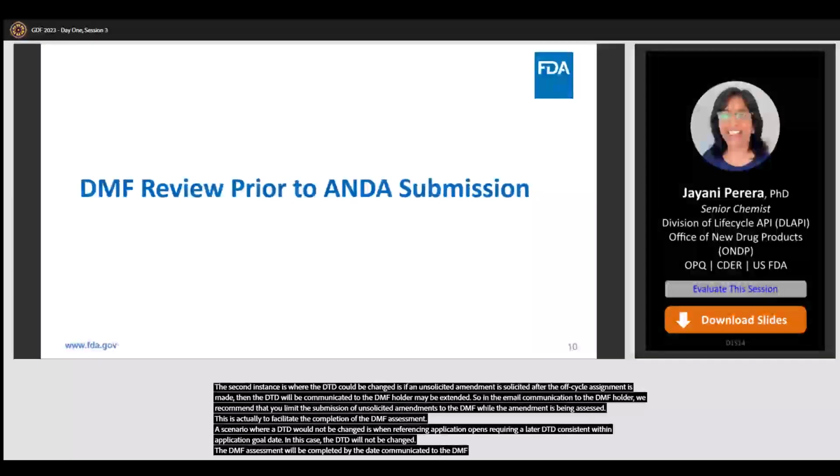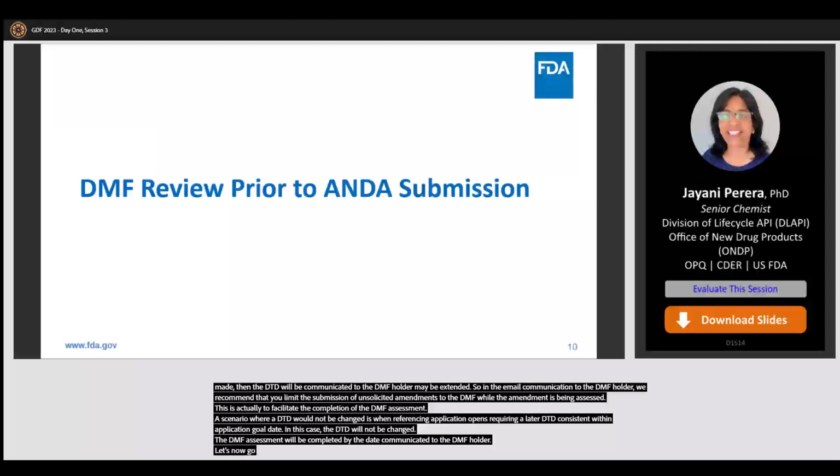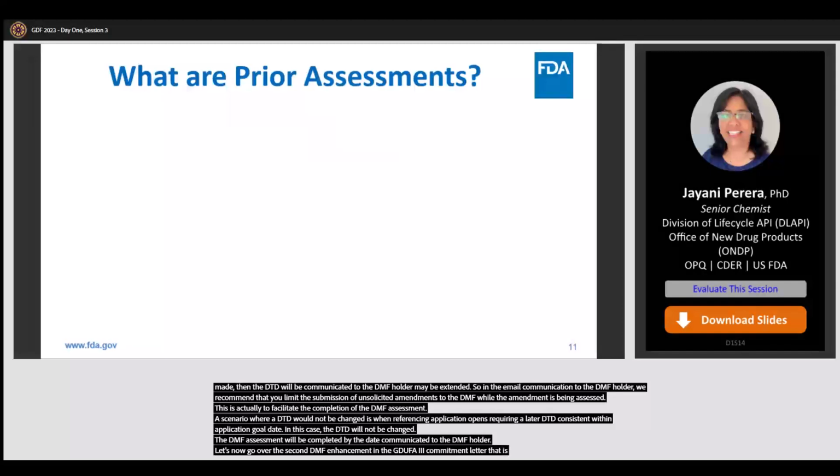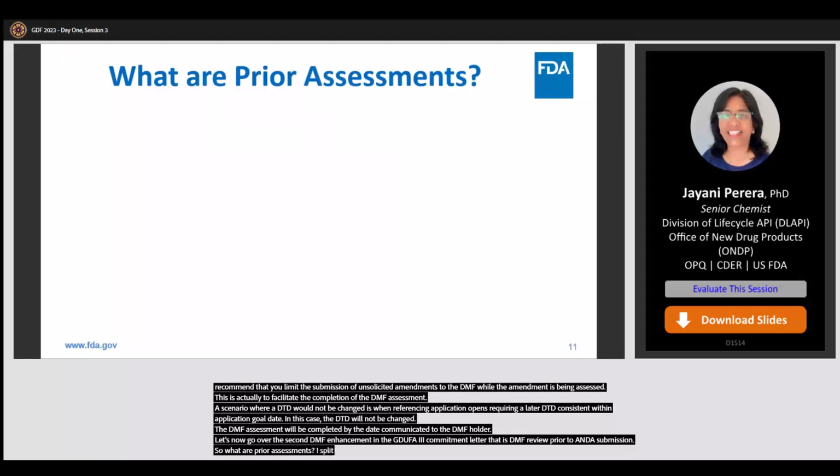Let's now go over the second DMF enhancement in the GDUFA III commitment letter, that is DMF review prior to ANDA submission. So what are prior assessments? I split it into two categories, one for ANDA and its amendments, and the other for prior approval supplement submissions,